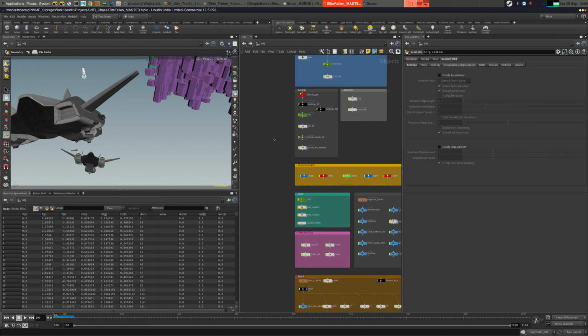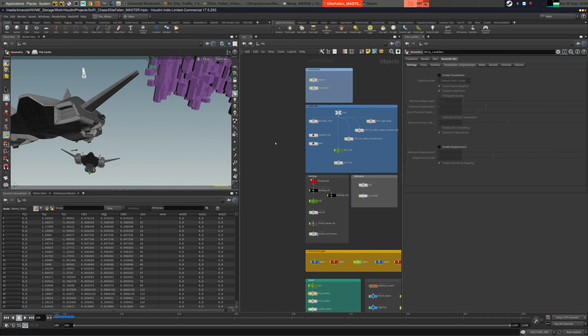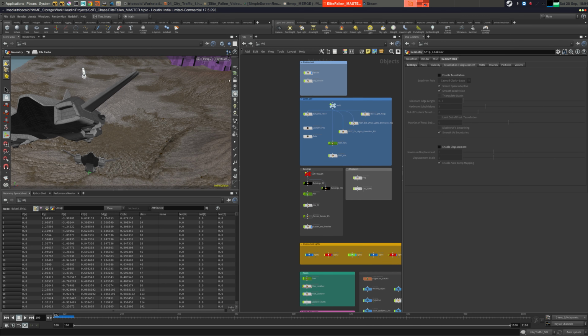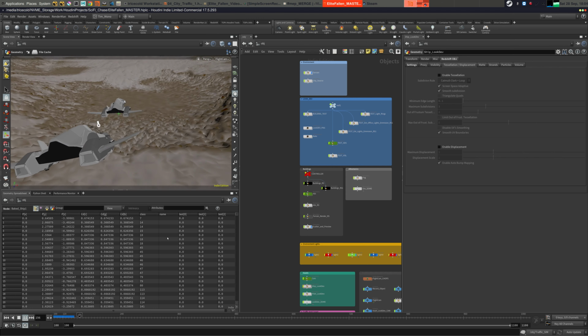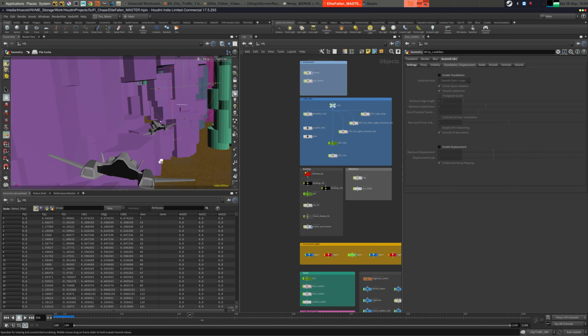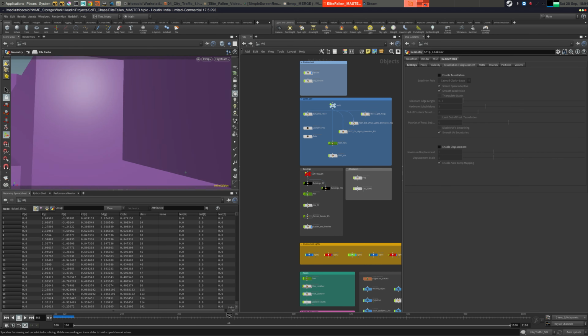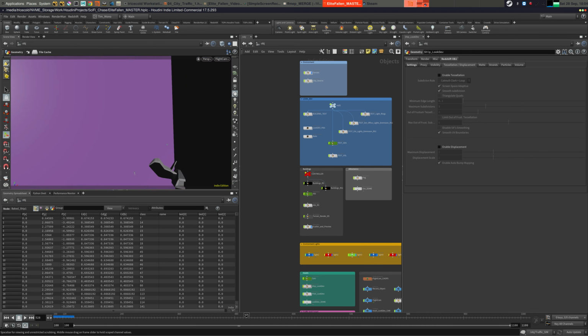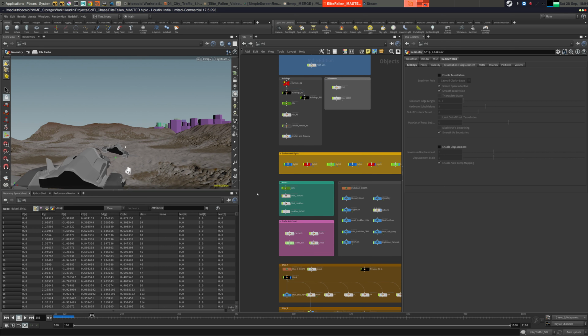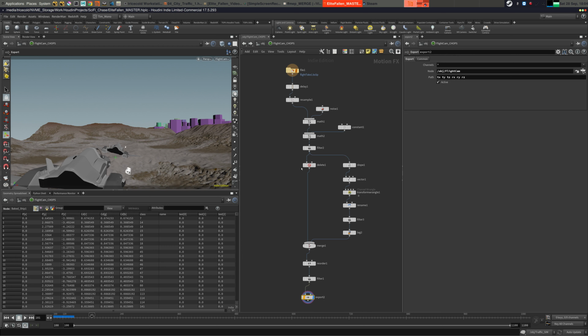Let's bring in the terrain as well, which is the part that I need to show you how to add the textures. And this is what we are going to do next. And the build and bounds that I was talking about was this, which we need to improve our collision detection, etc. And what else do we need to show you is how we are going to use chops